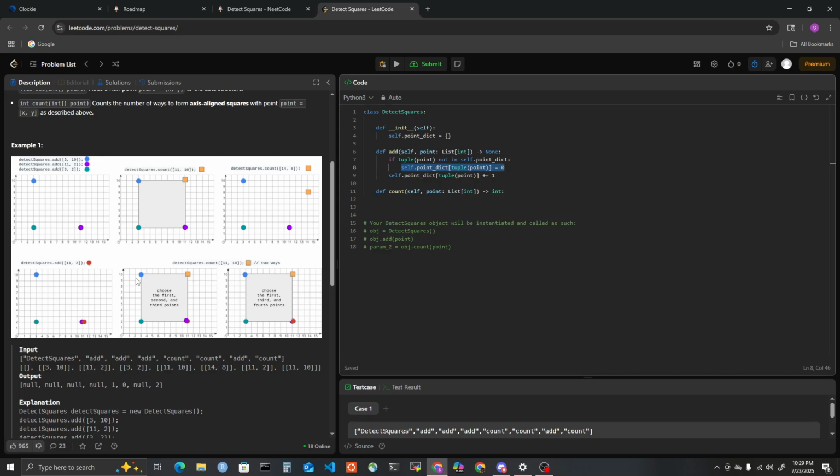So mathematically speaking, the way this will work is it will take the number of duplicates here and multiply them. So if there's no duplicates, it's 1 times 1 times 2, which is 2. If it's 2, 2, it'll be 2 times 1 times 2, and that's 4. And that makes sense because you can do